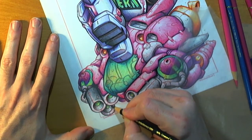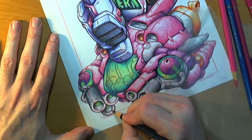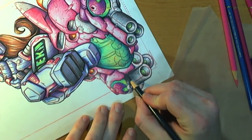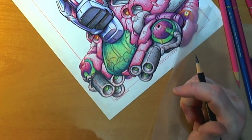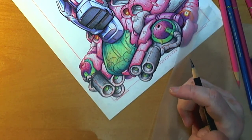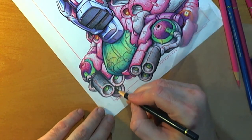Speaking of which, I gotta go read my White Knight issue 3. I don't know how I feel about the writing, but it looks cool. So, yeah, it's serviceable. It's not a bad story. Just